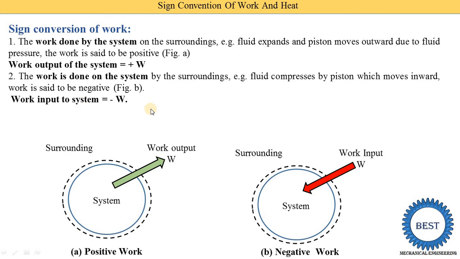At home you see there is a refrigerator, meaning a fridge. In the fridge a compressor is available. In a fridge we supply electricity. This electricity is supplied to the motor, and the motor supplies mechanical energy to the compressor. So in a fridge we supply energy, that means we supply negative work. At our home an air conditioning system is available. In the air conditioning system we supply electric energy. This electric energy is supplied to the motor. The motor converts electricity into mechanical energy, then it is supplied to the compressor. It means all the components at our homes consume some energy, meaning we supply the input. At home we use the pump.